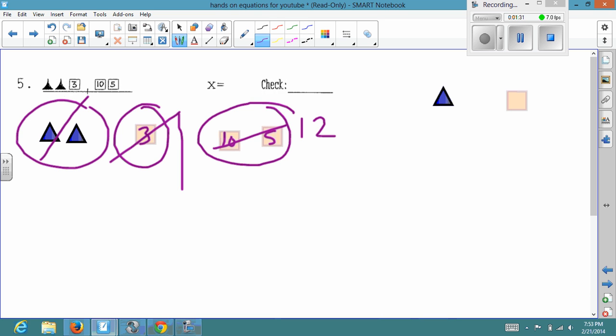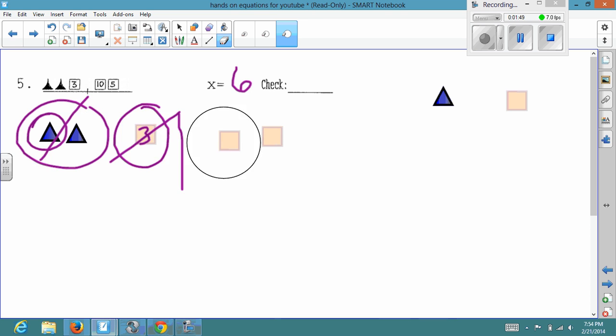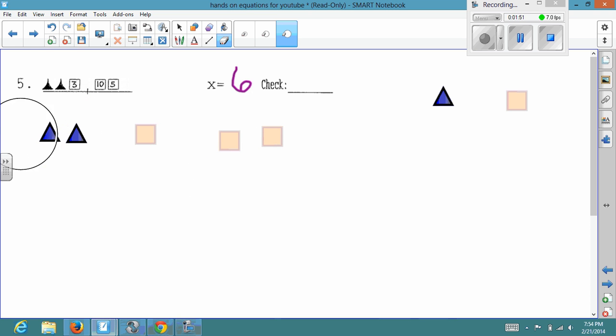And if I divide this in half so I get a single pawn, I have to do the same thing in here. And if I divide 12 in half, that becomes 6. So I see that a pawn is equal to 6. So I'm going to put that x equals 6 up here. Right? But you're not always going to have a kit, nor are you going to be able to draw these things and so forth. So let's look at what the problem would look like